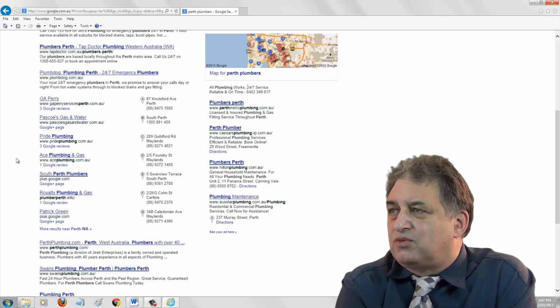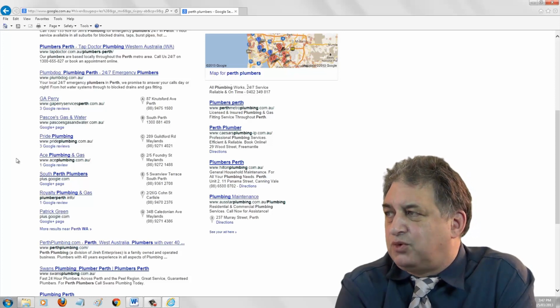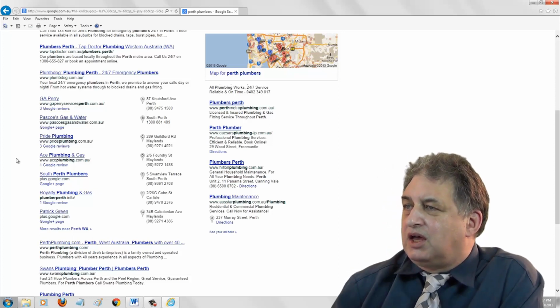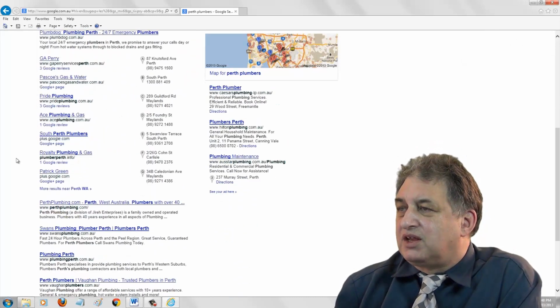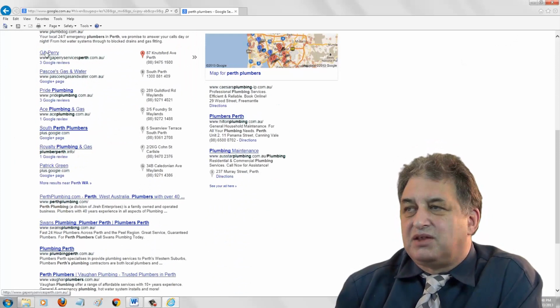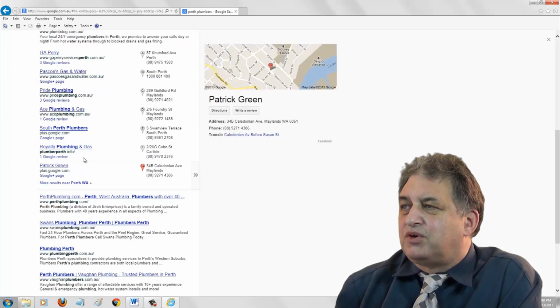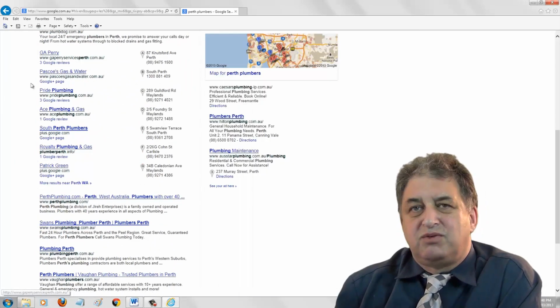So as I say, this is all about what's called Google Local Pages. If you want to do it yourself, just go and search for it and you'll find information from Google. But it's one of those things that it's got to be set up correctly, because if it's set up correctly, you've got a far better chance of being displayed at the top than down at the bottom here in the local area results.